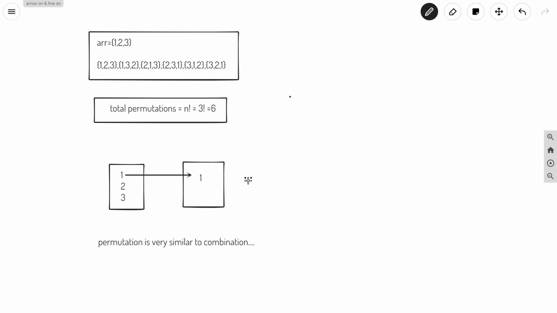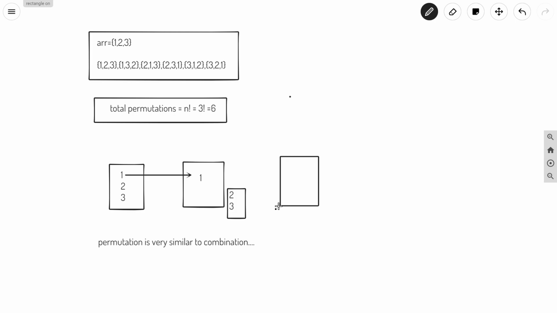In the combination question we were left with 2 and 3, but here we are left with all the numbers 1, 2 and 3. But we cannot choose 1 because it has already been added, so we will remove it. So we can choose 2 and 3, and we have the choice of choosing 2 or 3.